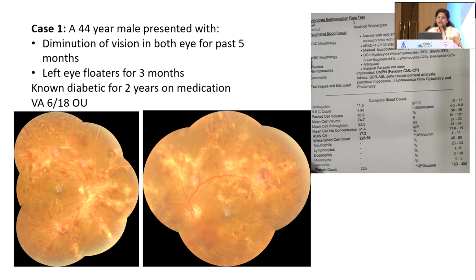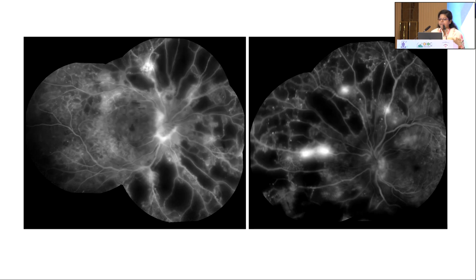So we did an intensive workup. Besides diabetes, we also looked for other causes of vasculitis as well as a normal peripheral smear. CBC is a very low-cost test that can be ordered in every diabetic patient. And we found that there is a high leukocyte count, white blood cell count, and on cytogenetic study, this is